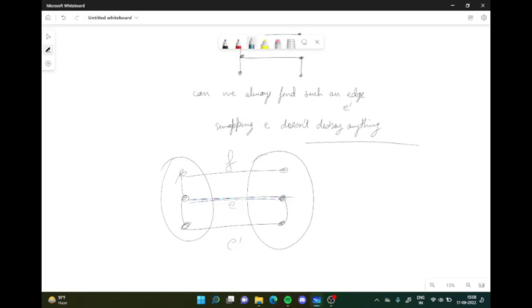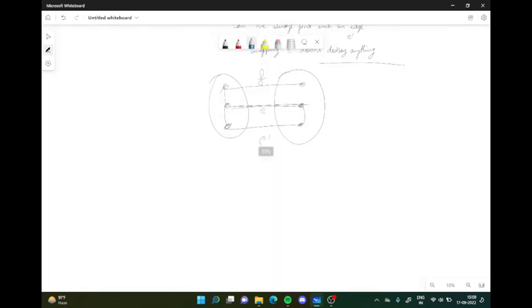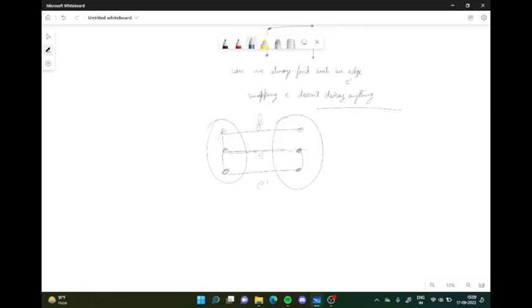By the double crossing lemma, we have proved that for every cycle, if there is an edge crossing this cut, there must be another edge crossing. It should ring some bells in your mind. And now the choice of that particular edge presents itself to us in a very beautiful fashion. So let's say we add an edge E, we created a cycle. By the double crossing lemma,